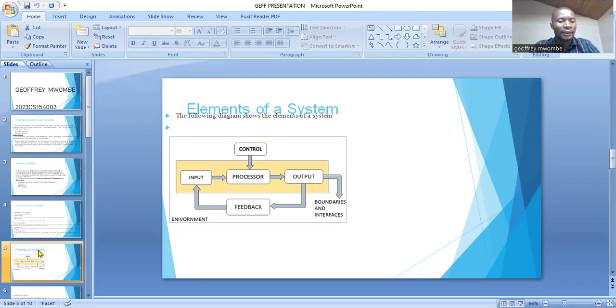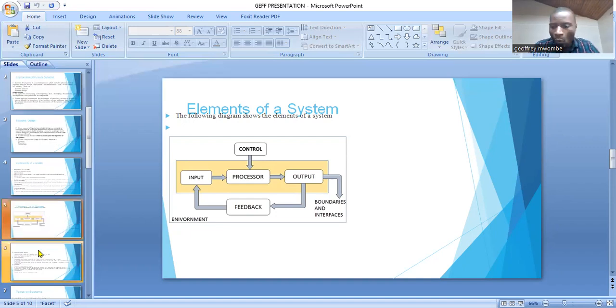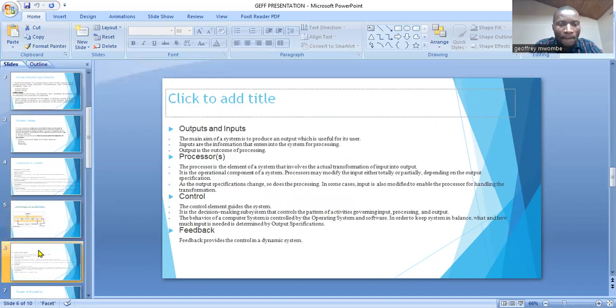The processor is the controller of the system. Then we shall be looking into the elements of the system